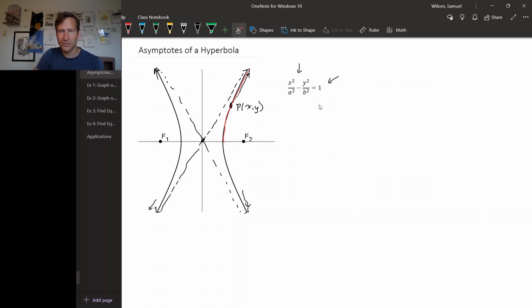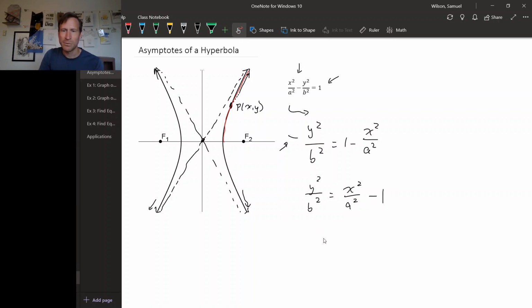Okay, so to solve this for y, we need to move the x squared over a squared to the right, so that gives us minus y squared over b squared equals 1 minus x squared over a squared. And then multiply both sides by minus 1, just to get rid of this minus sign on the left. Y squared over b squared equals x squared over a squared minus 1. And then multiply both sides by b squared. We get